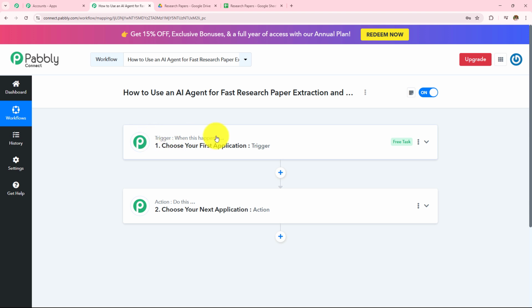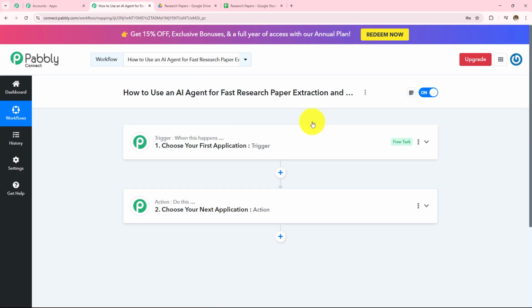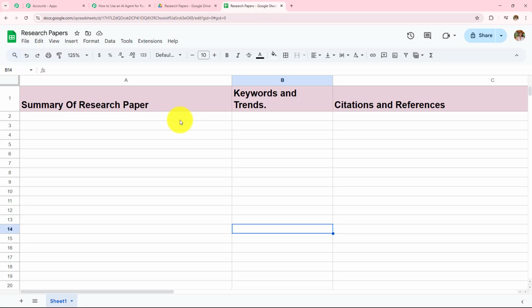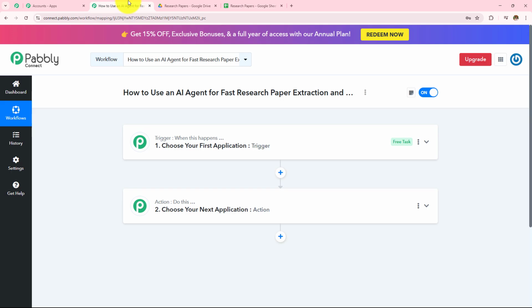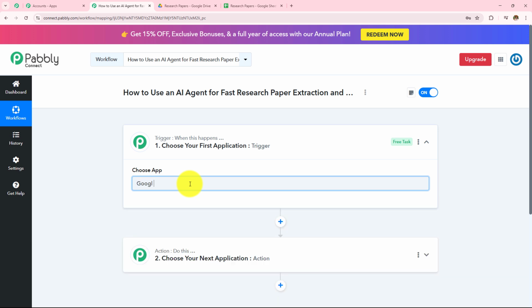So here trigger says when this happens. So this will happen when I am going to upload a file or a research paper in my Google Drive, and then action says do this. Then extract the data from that particular research paper and add that to my Google Sheets spreadsheet. So here in my trigger application, I'll be taking Google Drive, and then in my action application, I'll be taking OpenAI and Google Sheets. So here first in my trigger application, let's take Google Drive,